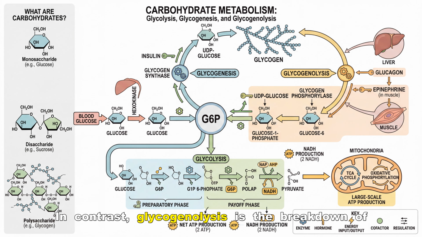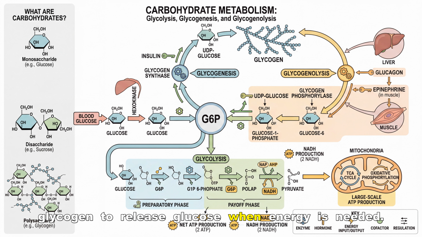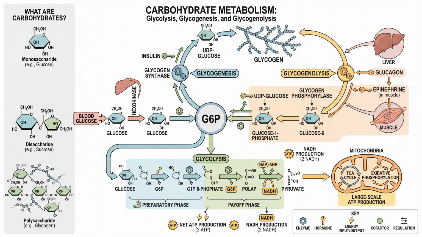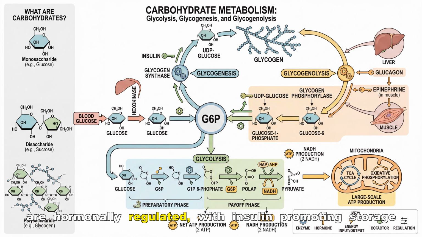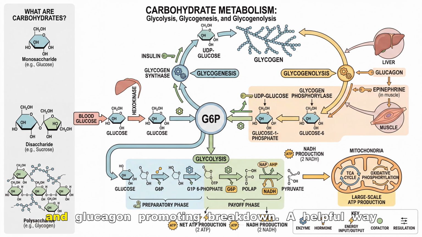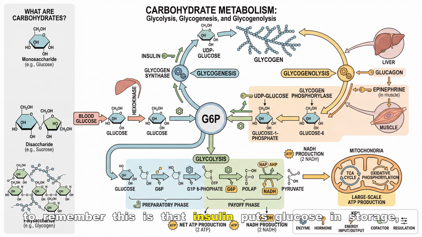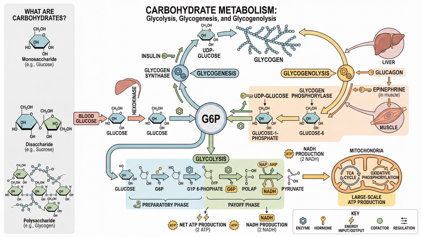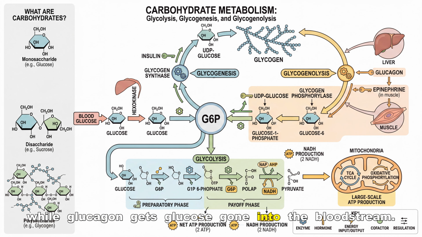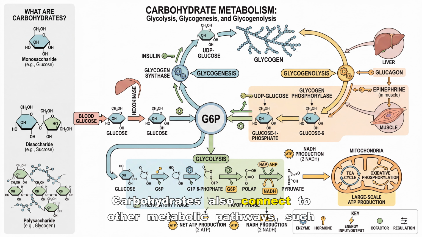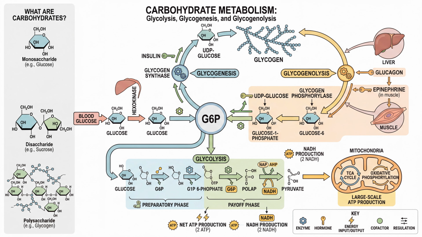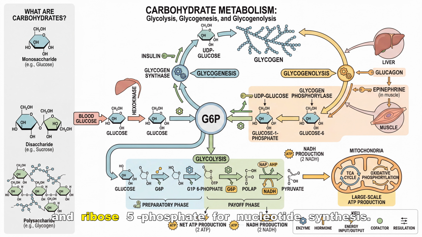In contrast, glycogenolysis is the breakdown of glycogen to release glucose when energy is needed, such as during fasting or exercise. These processes are hormonally regulated, with insulin promoting storage and glucagon promoting breakdown. A helpful way to remember this is that insulin puts glucose in storage, while glucagon gets glucose gone into the bloodstream. Carbohydrates also connect to other metabolic pathways, such as the pentose phosphate pathway, which generates NADPH and ribose 5-phosphate